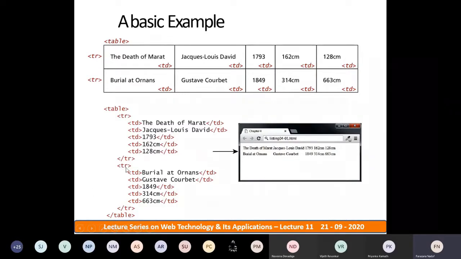Look at the next table row, which consists of burial at ordnance, right? Then the second column, then the third column value. So first you create the first column with TD, which has a value, and then the second one is the second column value, then the third one, which is nothing but a year created, then the fourth one, a height, and the fifth one is the width of that column, right?